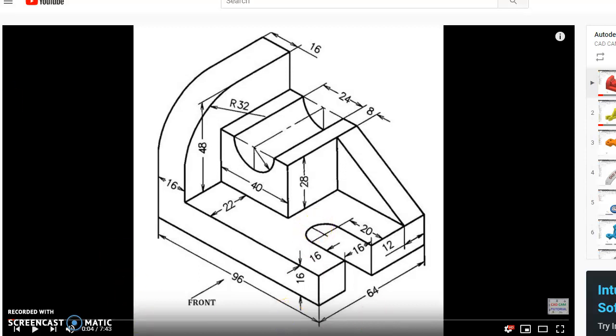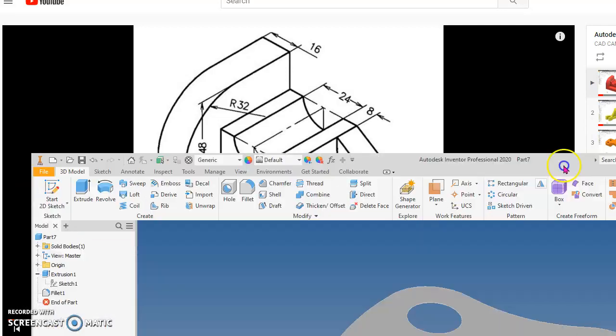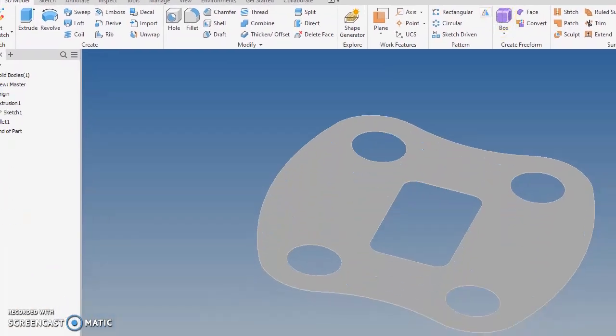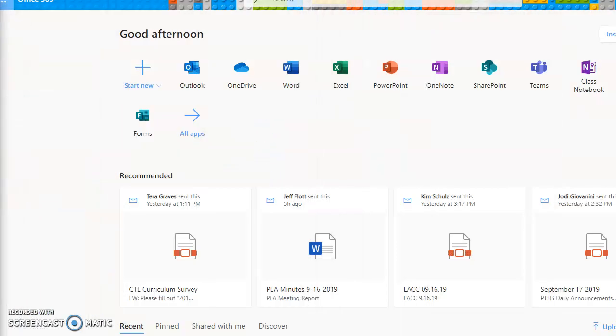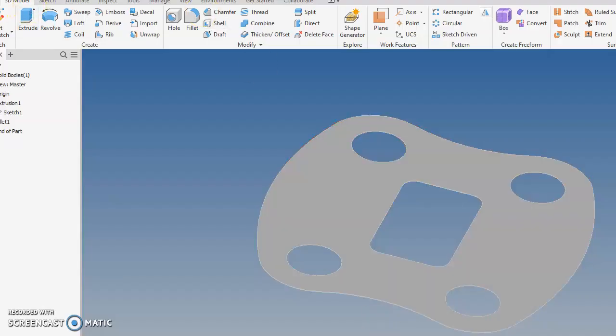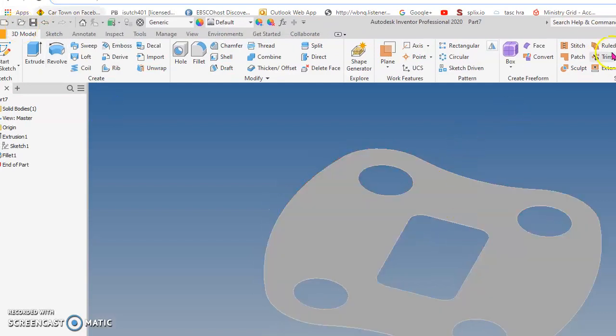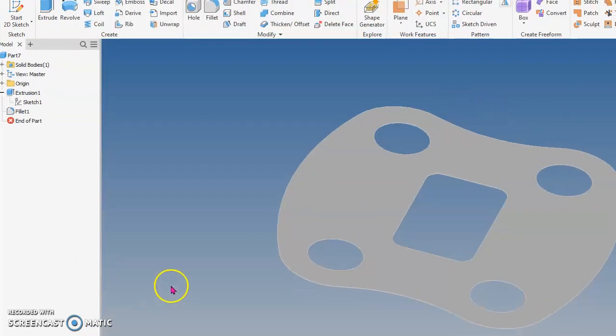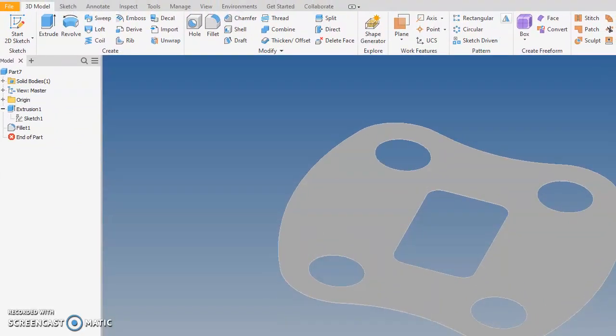Obviously, by the large numbers that you see on here first, this is going to be metric, so we're going to go ahead and set up as such. Ignore it's on my screen. I'm kind of freelancing here. I need to learn how to make my screen bigger. It's not letting me drag it down, so I'll just move this around a little bit and we'll make it work. So, File, New,